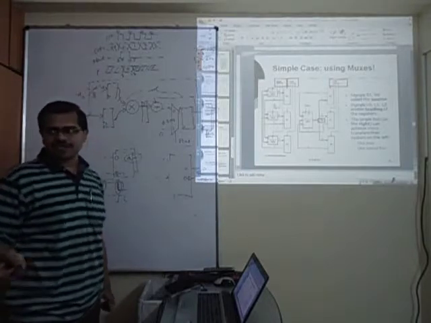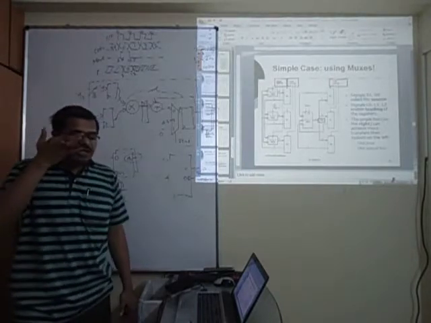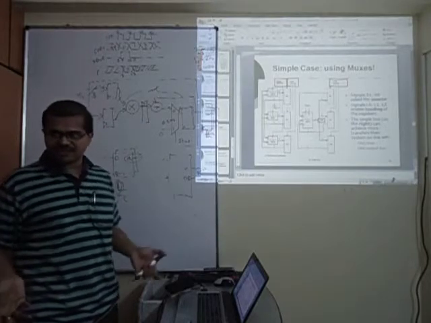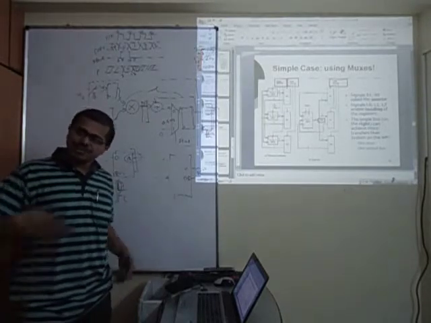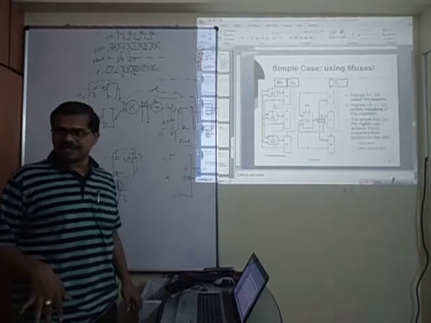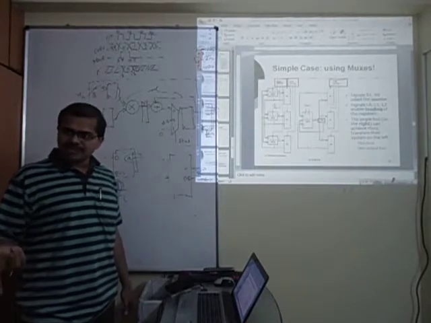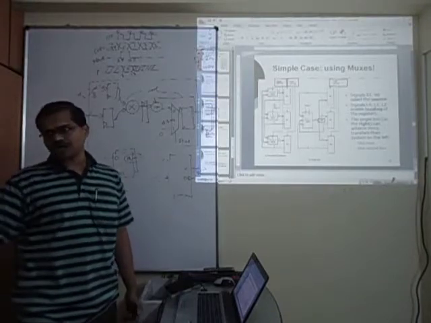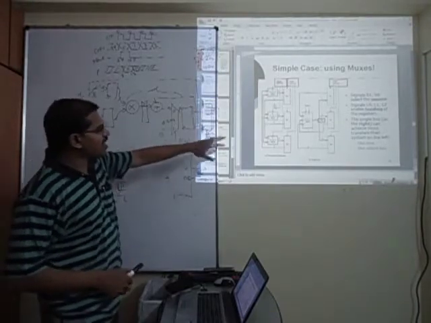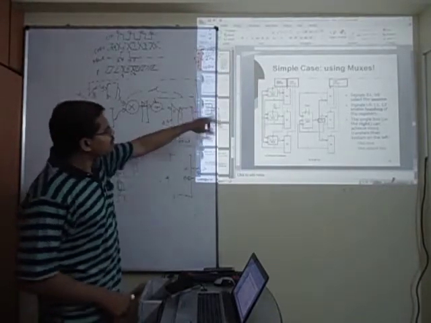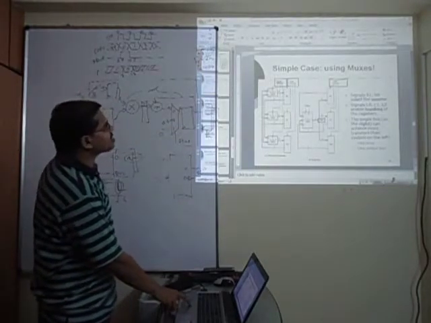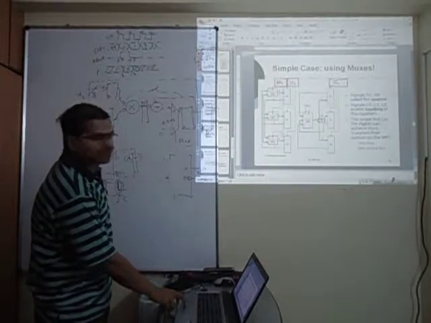What kind of operations can you expect? You don't expect an R0 to R0 data move. That is not required to be executed. Even if such an instruction is written, you don't have to do anything for that. What are the other possibilities? Load R1 into R0 or load R2 into R0. Likewise for the remaining 2 registers you can do 2 possibilities each. So you put a 2 by 1 mux, a 2 by 1 mux and a 2 by 1 mux here, and the selects are coming from this, and the load lines are also here.